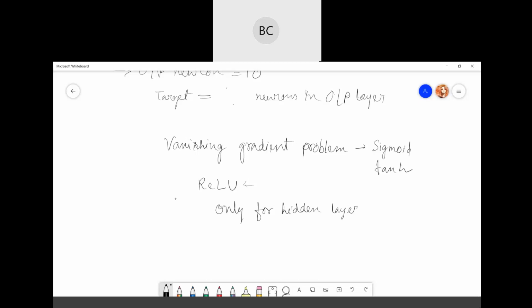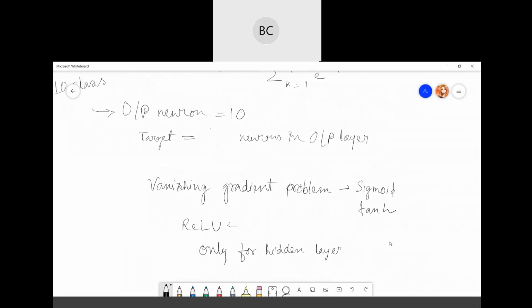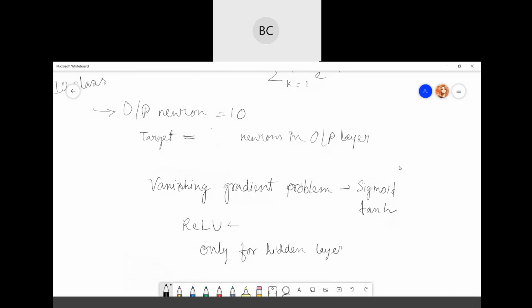But if you have a multiclass problem, then softmax will be more useful than sigmoid and tanh. But ReLU, you always keep it in the hidden layer. So these are all types of activation function.